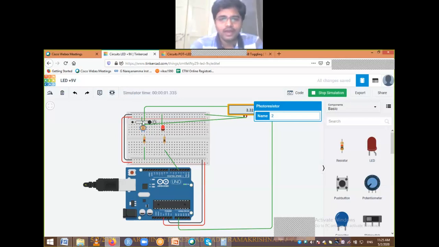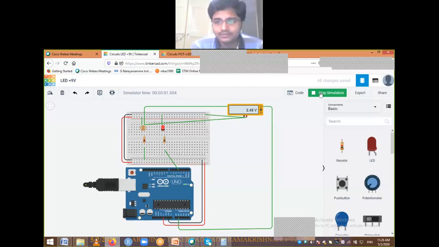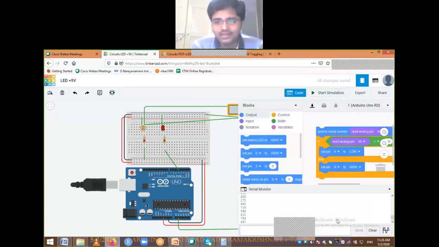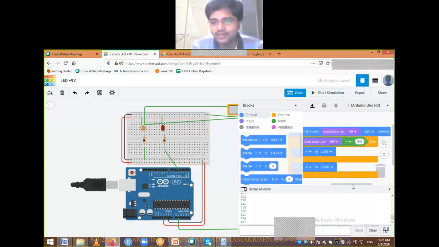I have something like 2.65 at an intermediate stage. When I go to code, I cannot say 2 volts or something like that, right? Because the computer doesn't understand that.